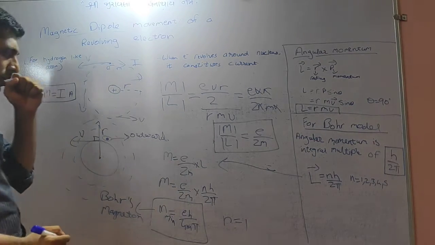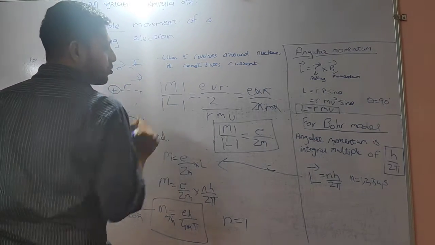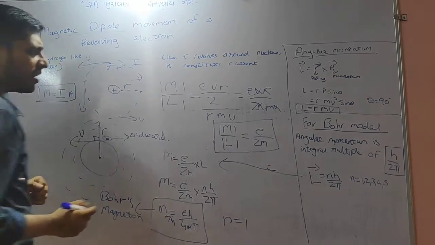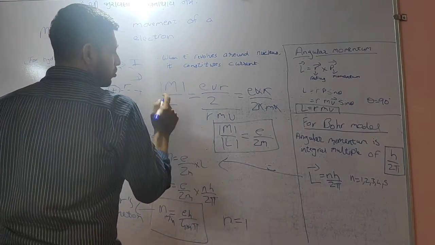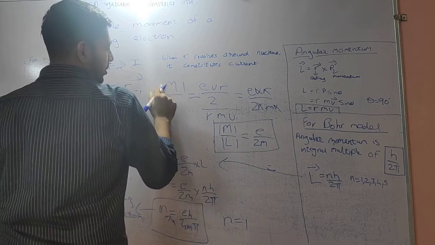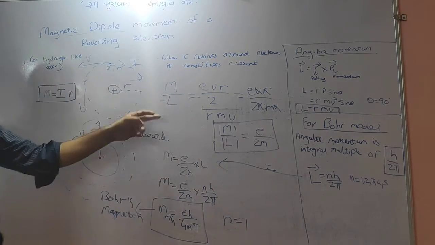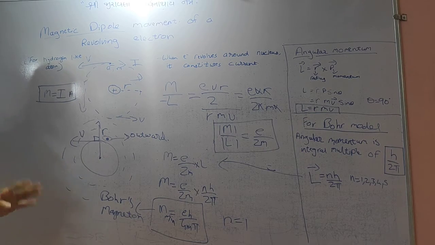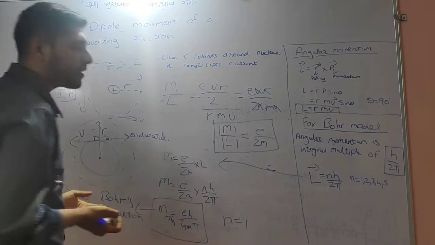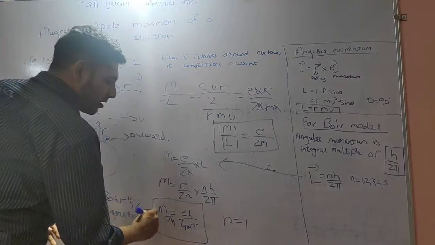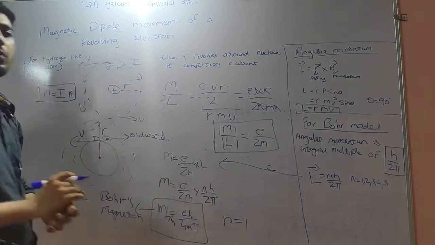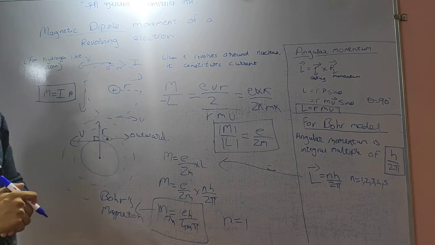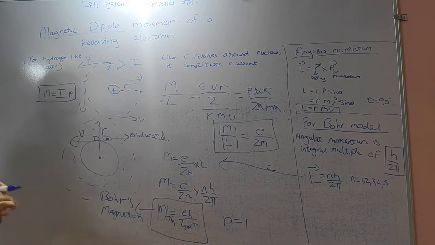So if I remove the mod from over here, then I need to write minus, as the direction of both are different. Either one needs to be in minus. So everything can be minus, but we generally use the mod of the momentum, because we want to find the magnitude. I hope this whole concept is very clear to you.